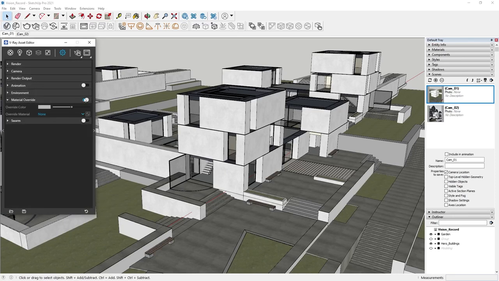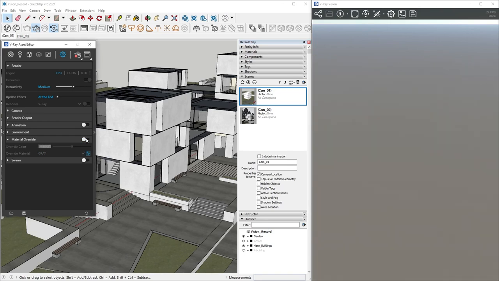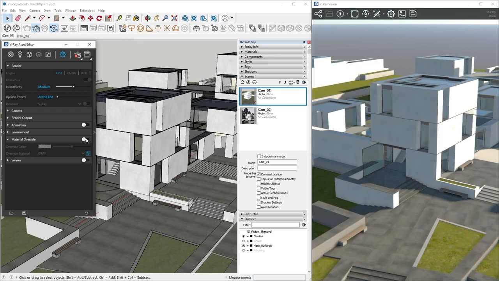We'll start with setting up a generic material for an override and turning VRay Vision on. Now that our scene is loaded into Vision, we can see that everything is textured with our basic gray material. Let's turn Override off so we can see the actual shaders that we have. Vision will take a moment to load all the shaders and we can move on to exploring our scene in